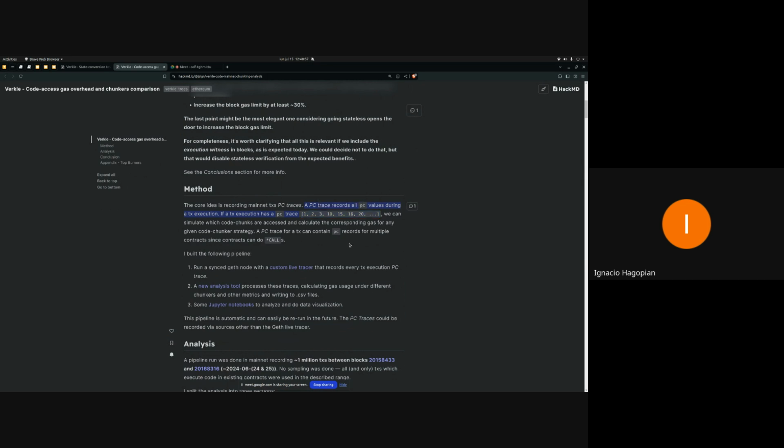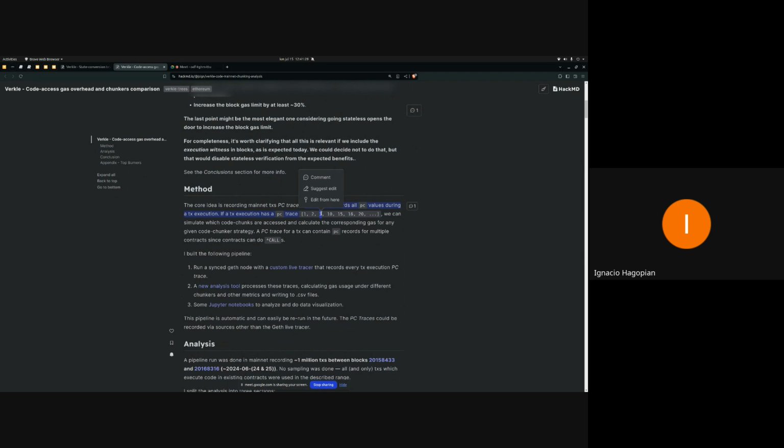So basically, what you can do with these numbers is you can exactly calculate which code chunks you will access in a Verkle world for this transaction execution. What you do is you take these PC numbers, you map them to the corresponding code chunk number, and this depends on which kind of chunker you use.